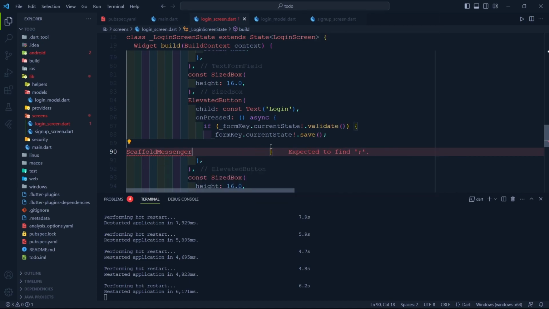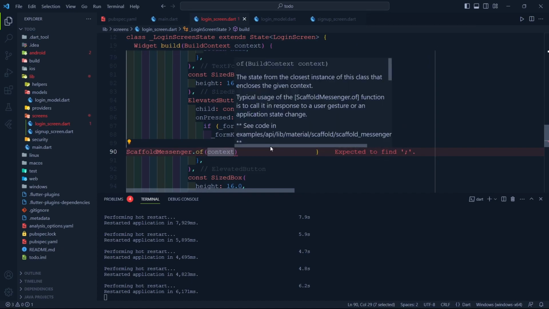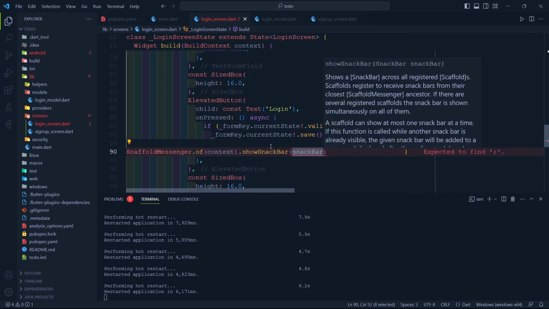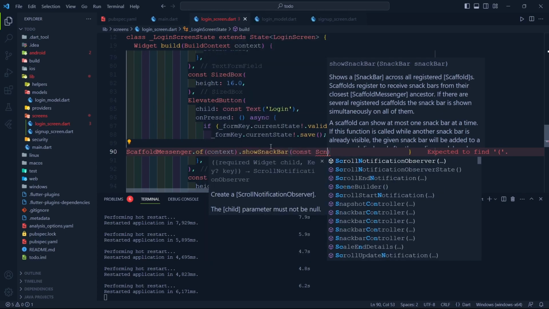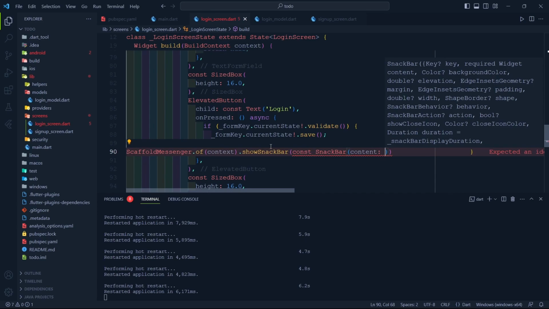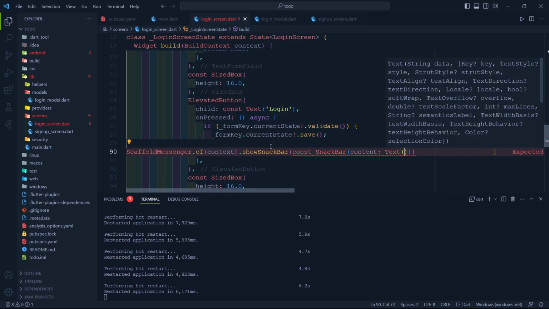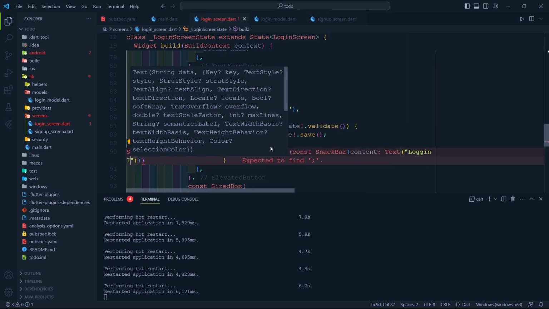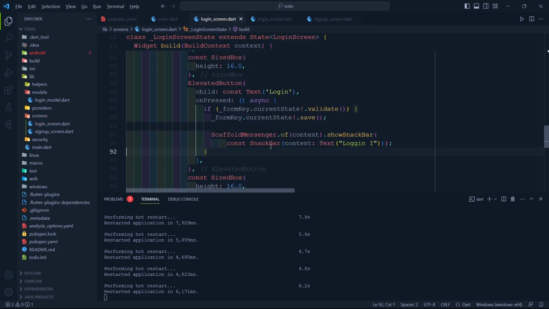It is just a snack bar dot of context. It just shows a snack bar, and at the content we will show a text field, and at the text field we will show logging in here. Yep. Logging in. Okay, let's